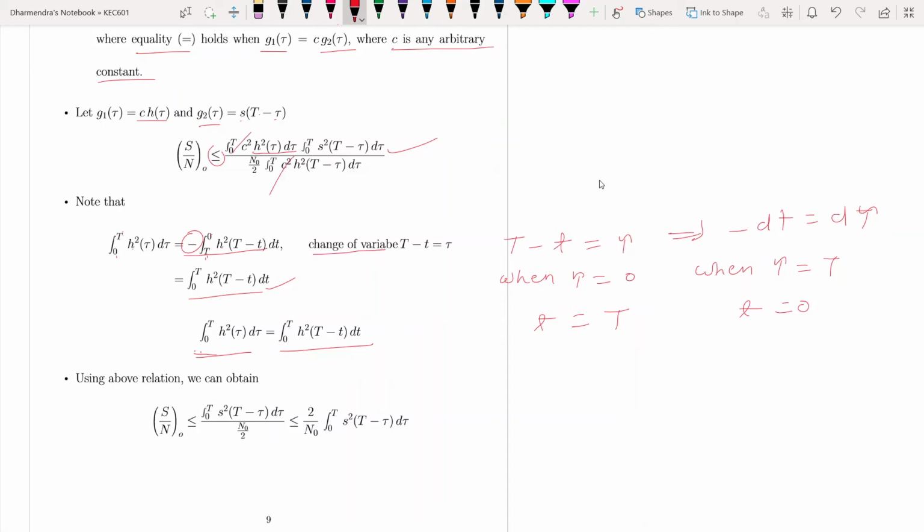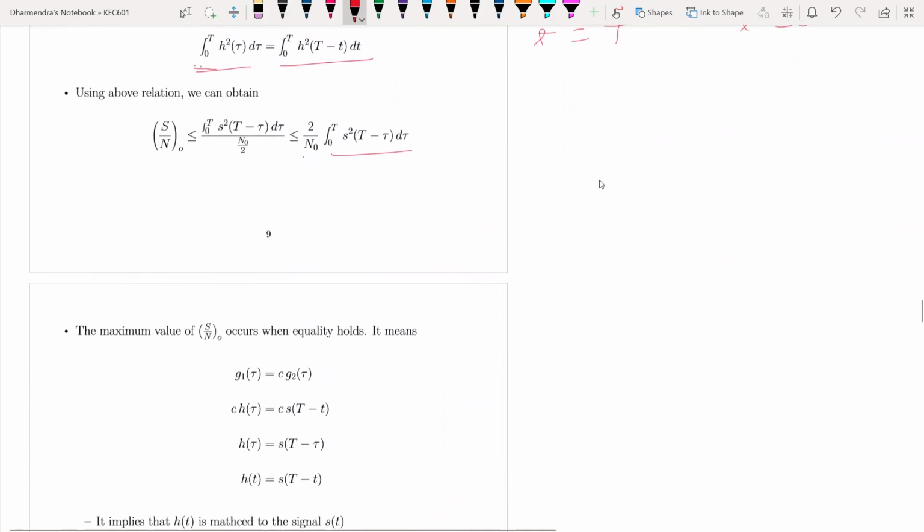c square will cancel out and this term will cancel out. So we have this term only. This can be written as 2 by N naught of this. So using the above relation we can